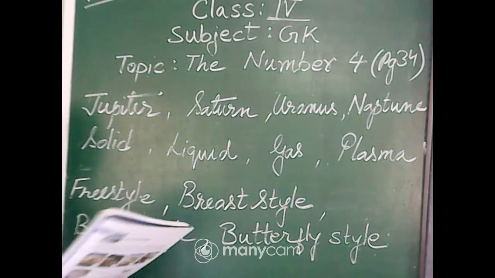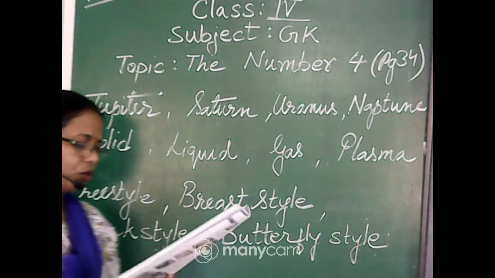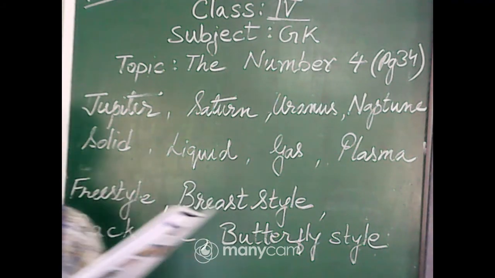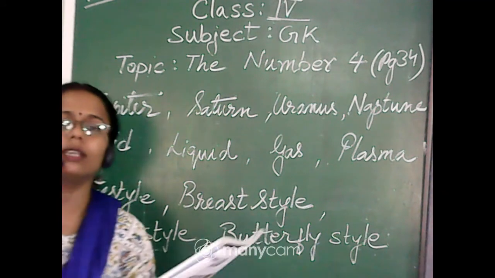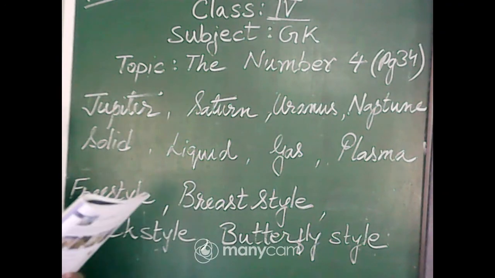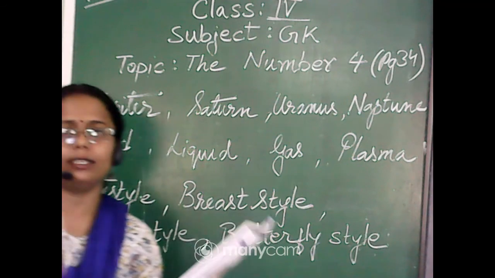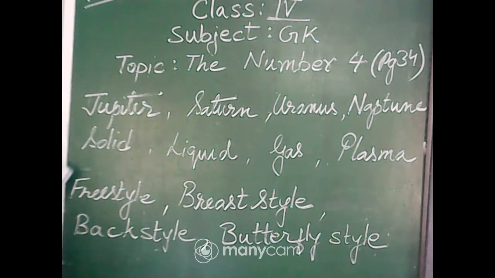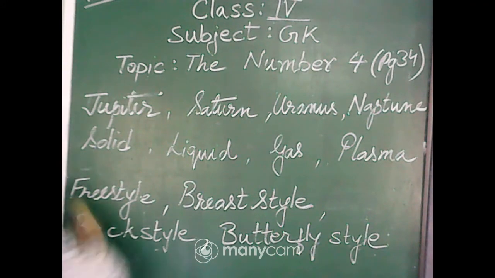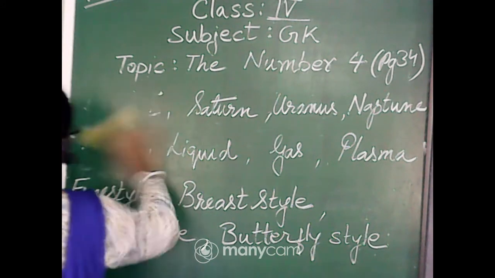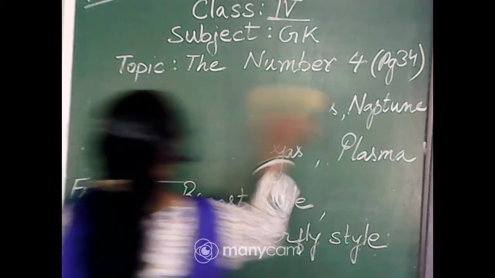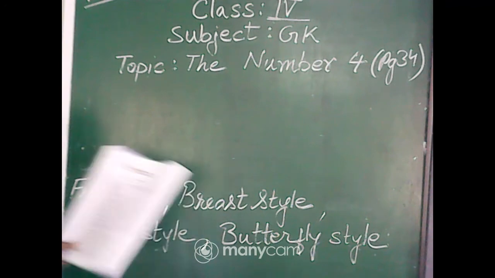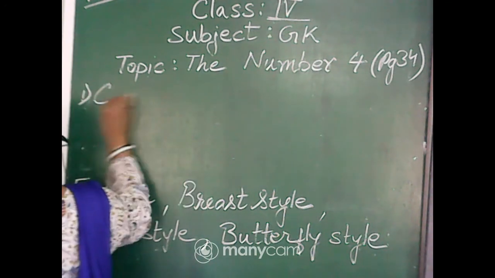Now question number B. Of which type of tooth does an adult human being have 4? We are talking about the adult human being, not the kids. The adult human being has only 4 of this type of teeth, which is known as canine teeth. Okay, I hope everyone has completed this part. And here comes the first one, that is canine.